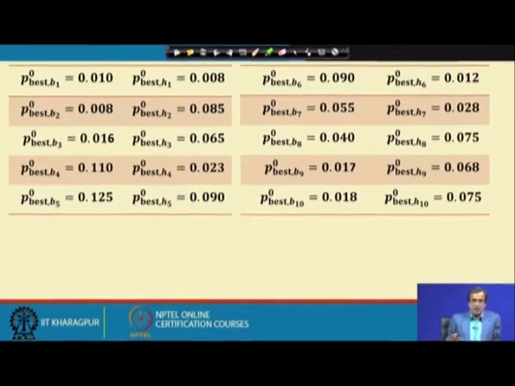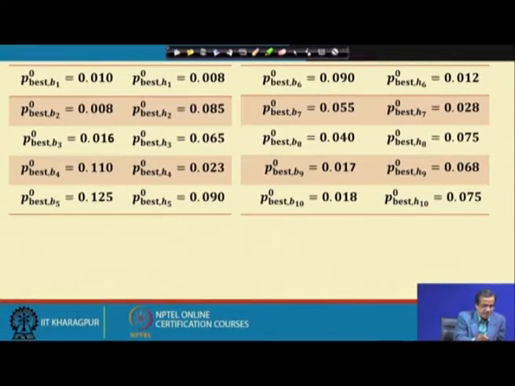Now, before I go for that, what I do is we try to assign the best present value for each of these variables. For example, the values which we assigned at random, initially we try to assume that those values are nothing but the best solution, the best values corresponding to each of the design variables.